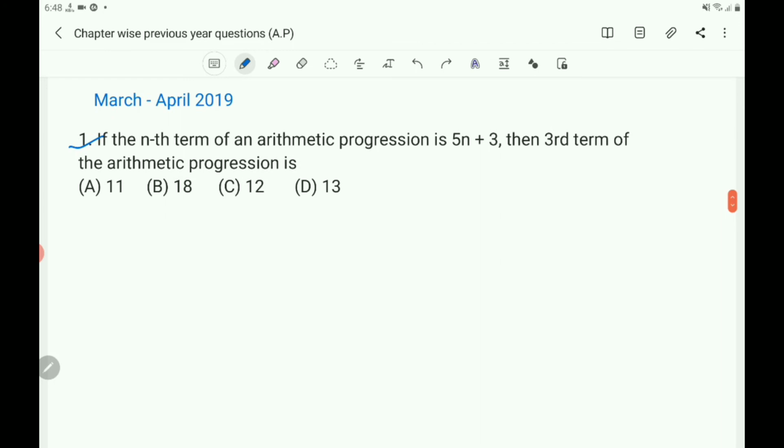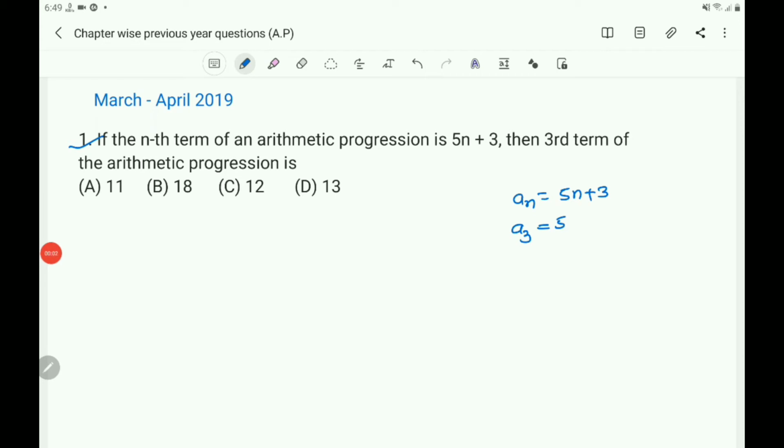So you take here an equals 5n plus 3. An means nth term. Nth term is 5n plus 3 means an equals 5n plus 3. So you have to find the third term. So you take A3. In the place of n, you have to take 3. That is the third term. Then 5 into